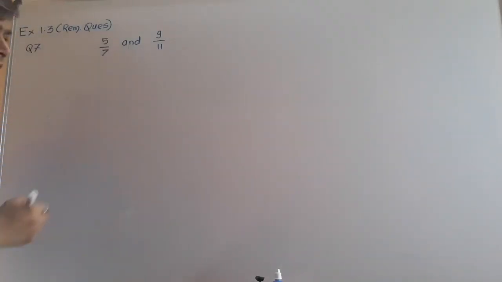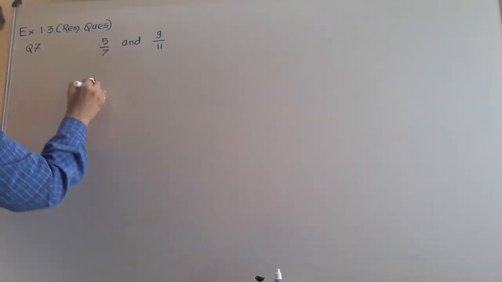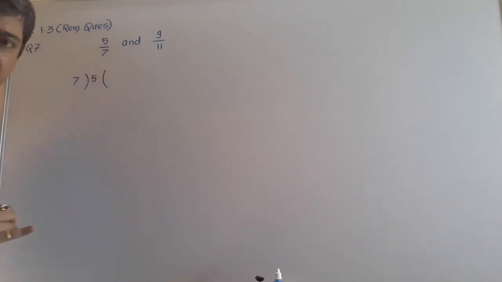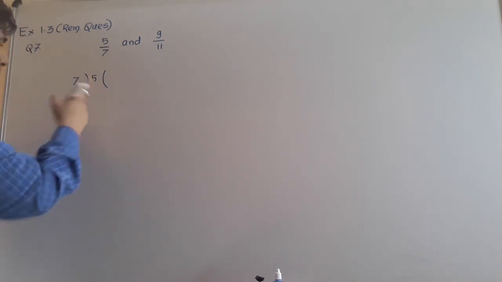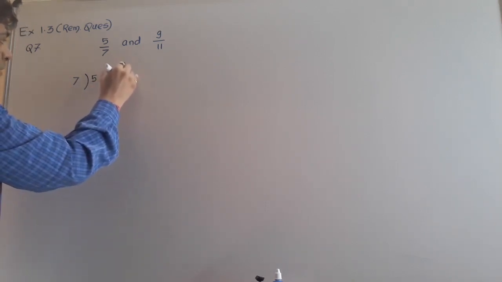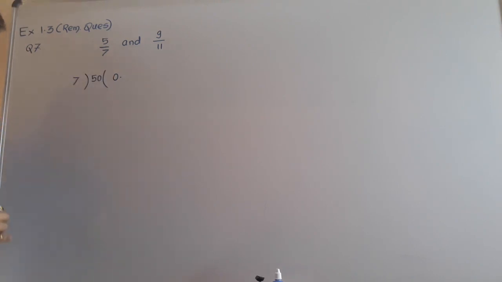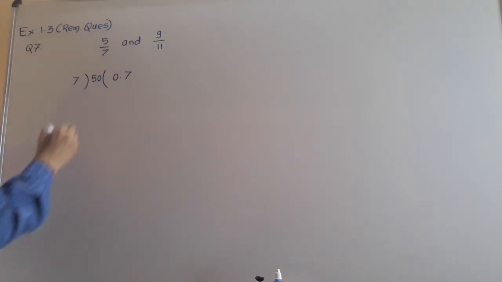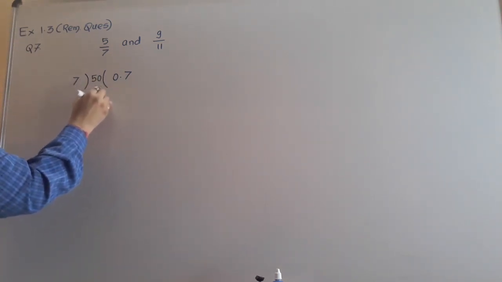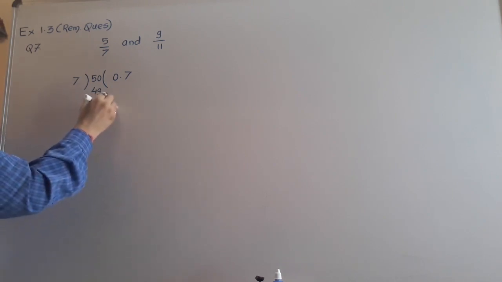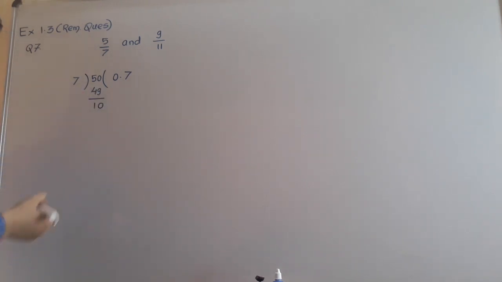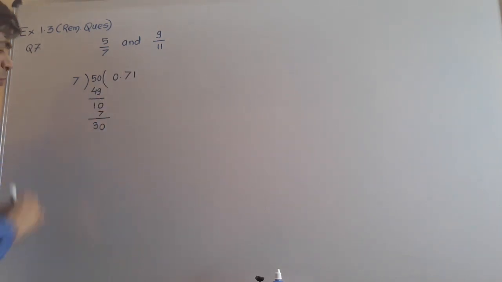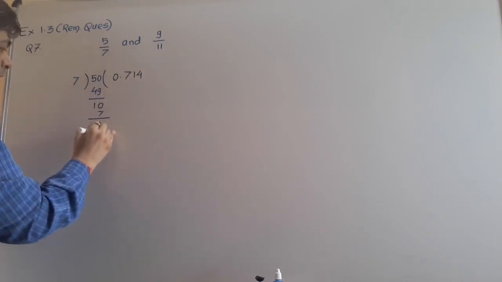First, I will find out the decimal value of 5 upon 7. For that, I will divide 5 by 7. Now 5 cannot be divided, so I will put a decimal point here, and 50 will come. Now this will be divisible 7 times. 7 sevens are 49. Remaining is 1. Now we can take a 0, because in the remainder after taking the decimal we can take a 0. 7 ones are 7. Then remaining is 3, again taken a 0, 7 fours are 28.